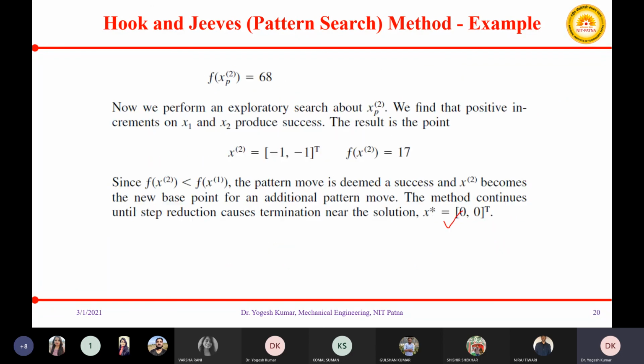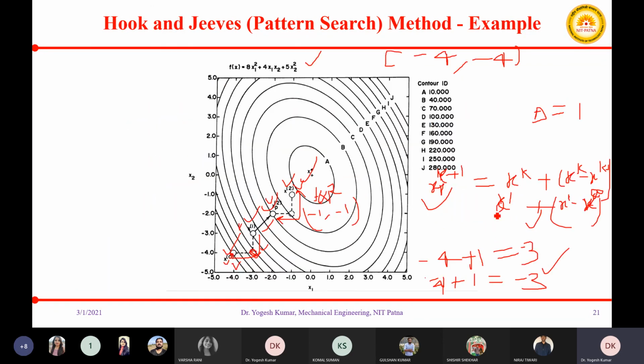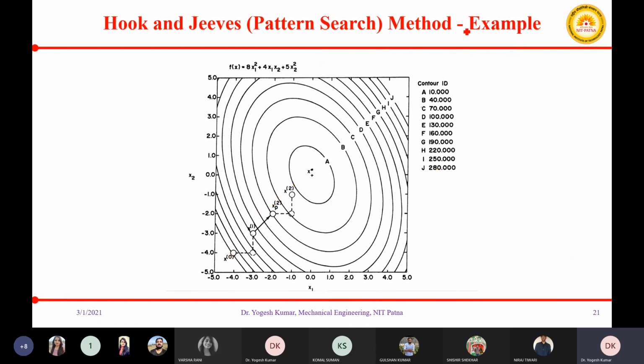I hope you are able to understand how this pattern search is conducted, not only in the form of the algorithm but also graphically, how the movement takes place in the Hooke and Jeeves method for optimization of multi-variable problems having multiple variables.